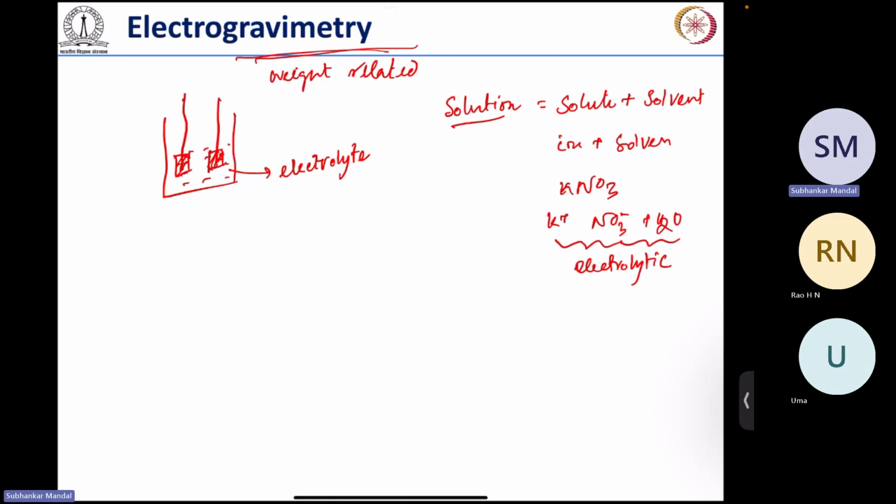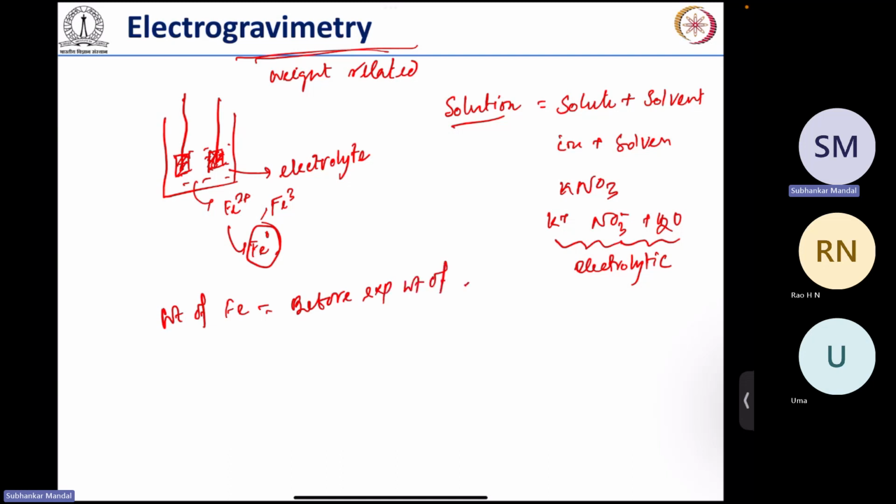Due to the potential, suppose in the electrolyte you have Fe2 plus or Fe3 plus, then Fe2 plus is going to Fe0, and it is plating on the electrode surface. So you have taken the weight of the electrode before the experiment,